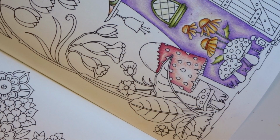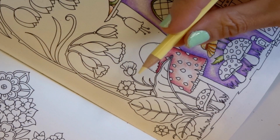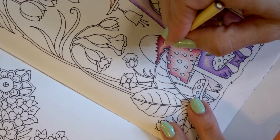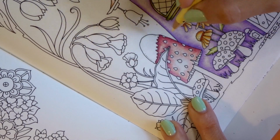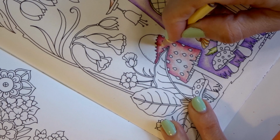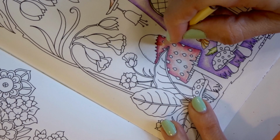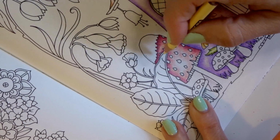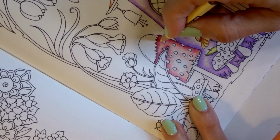Okay, y'all, I'm gonna grab my cream and I'm going to come in with my cream. Yes, look at this small little cream pencil. And I am gonna go over here where I have a little bit of this empty space here, and I'm going to highlight this mushroom even more. And then in here,